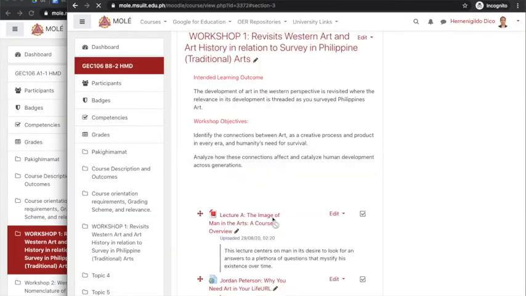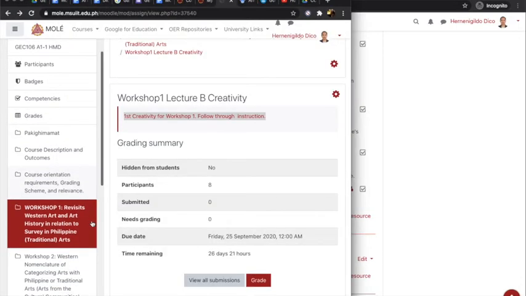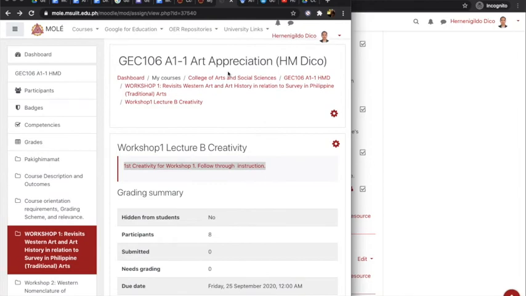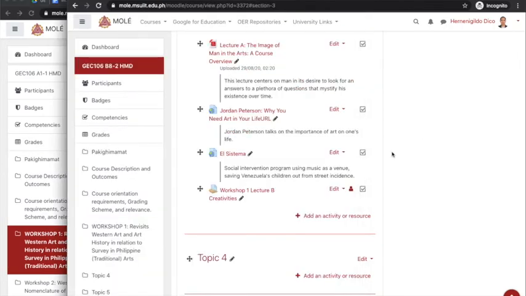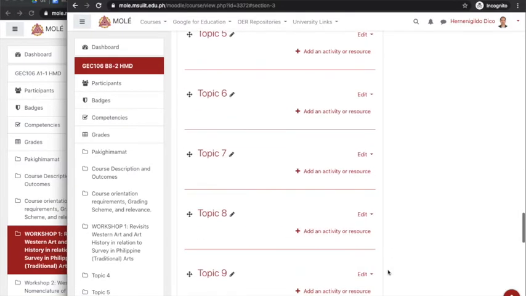Okay, so save and return. So this is your workshop 1 assignment or activity already. So this is how it looks like. So to continue, I think all you have to do is to follow the steps from workshop 1, because the cascading